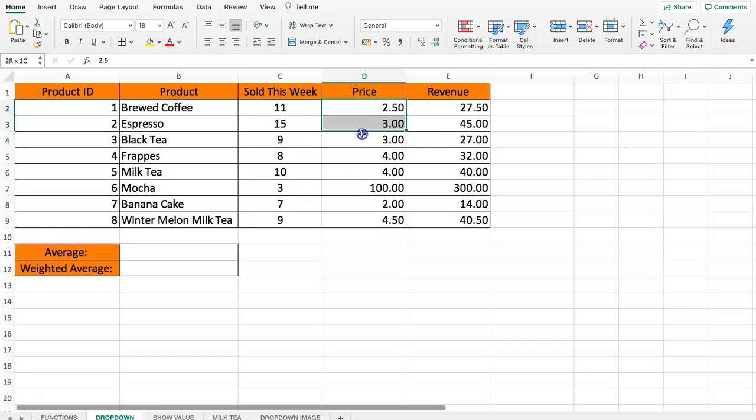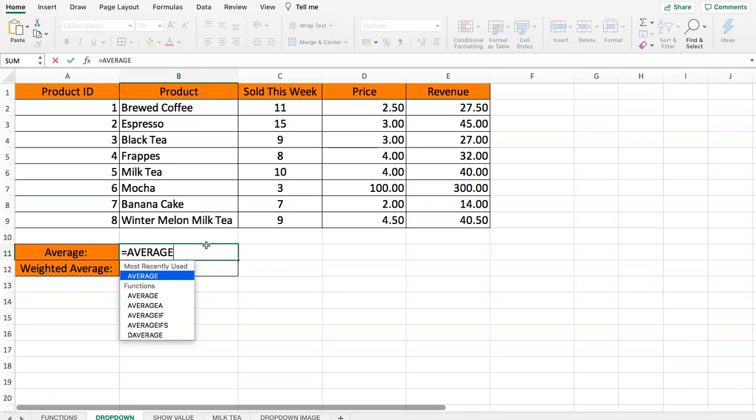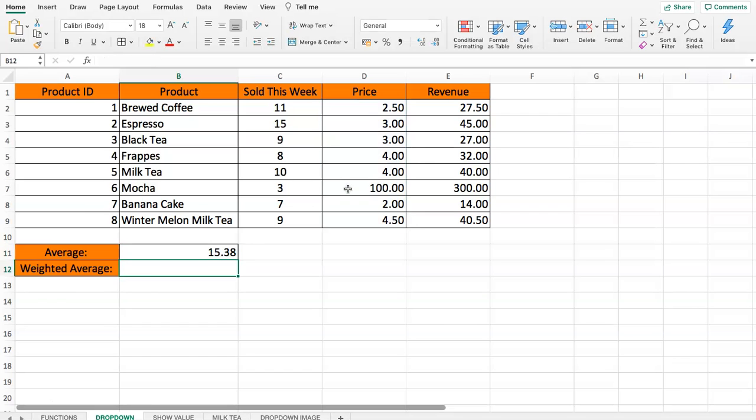Well, you might say, we can just calculate the average and then we get the number. Well, let's try that right now. We type in equals AVERAGE, open parentheses, and then we select the selling price of our products with one very high price. I did this on purpose to show you why this will not work correctly or why the data will be different. Once we do that, we hit enter, and you can see now, according to this, the average price people would spend on a drink would be